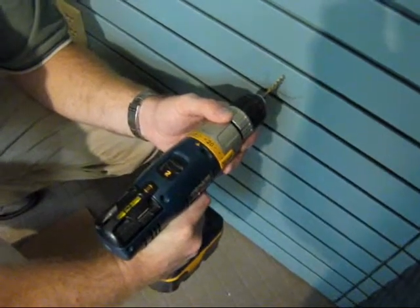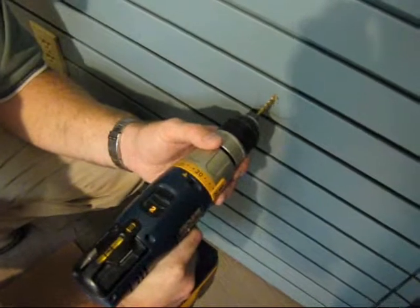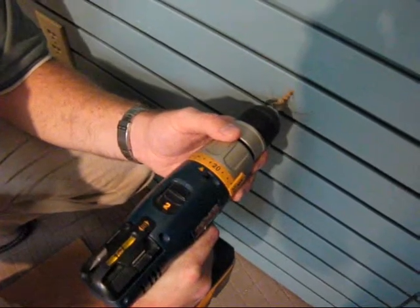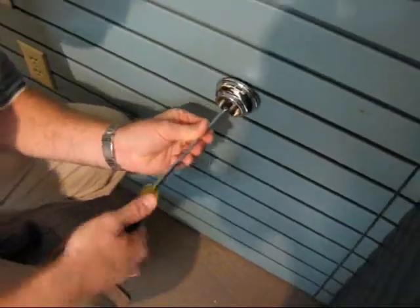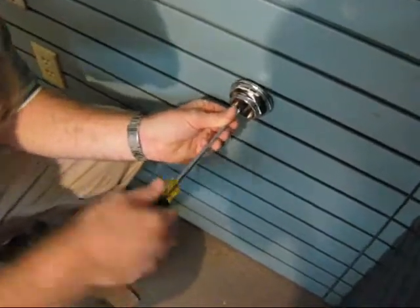We're now drilling a pilot hole to secure the screw for the wall flange. In this case, this wall happens to be wood, so we're just drilling a 5/32 pilot hole and using the supplied sheet metal screw to secure the wall flange. We're now securing the wall flange to the wall,